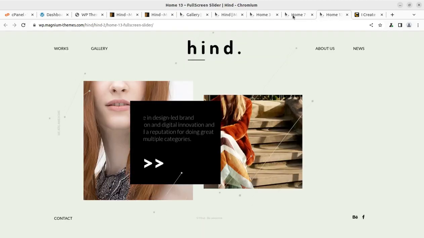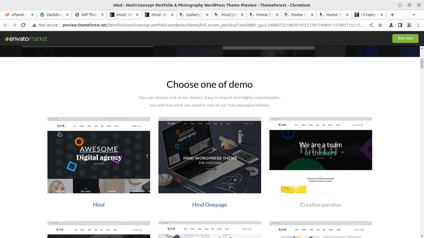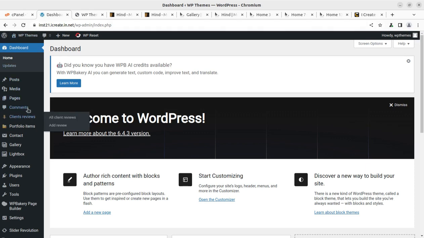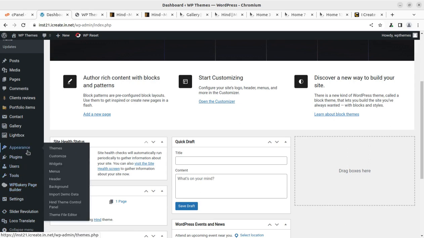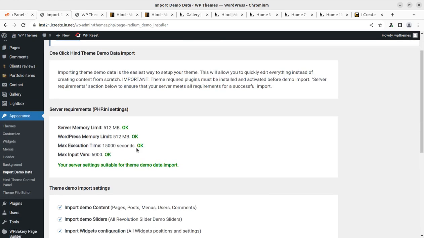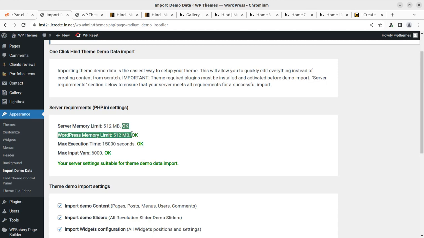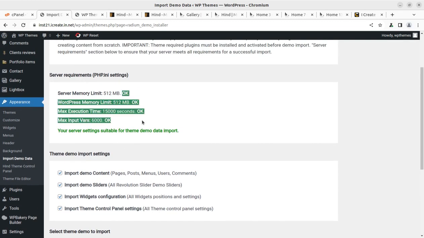So we have multiple options with the Hind WordPress theme, and I am going to import the demo content. I'll show you all these links, what these links are bringing for you on your website. But let us first complete the demo. Under appearance, I can see there is an option called import demo data, and all green is again here. So it is necessary to have all green marks here. I mean, the PHP ini parameters should be adequate for installing the demo content. And if you have any red mark here, you cannot proceed, or you should not proceed